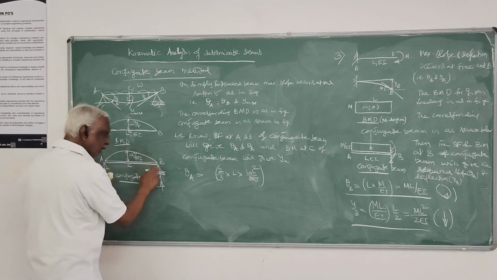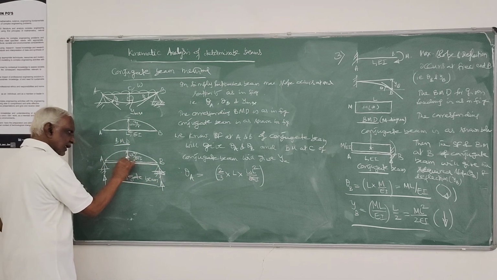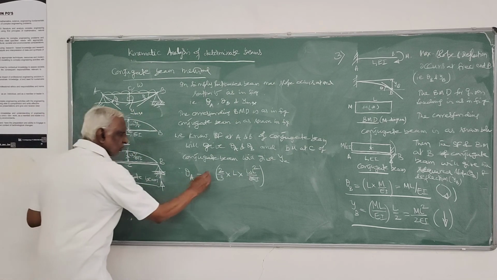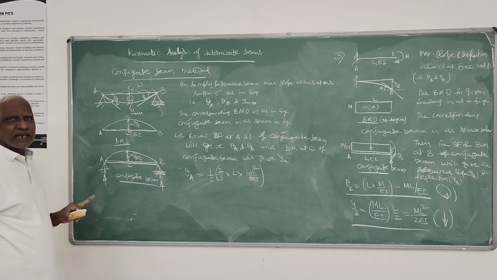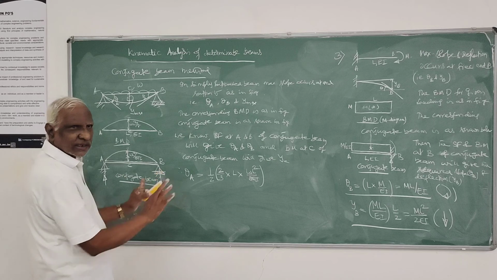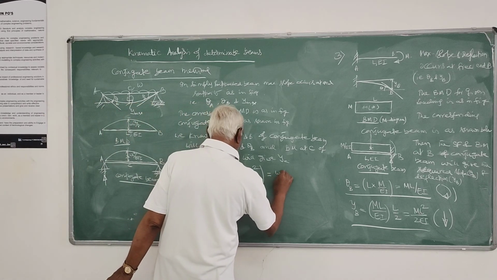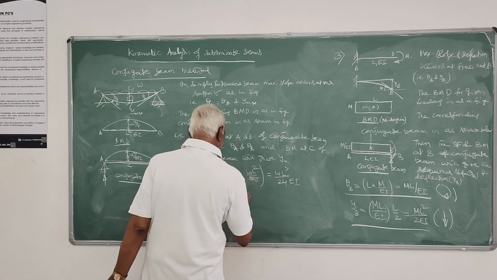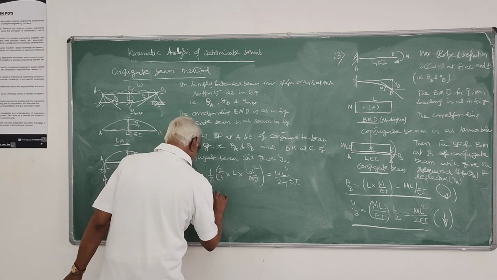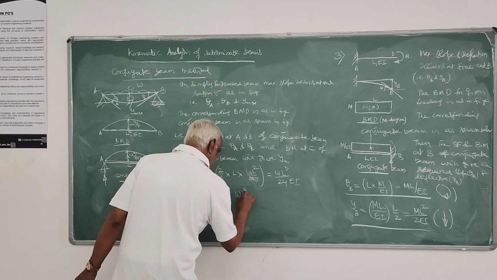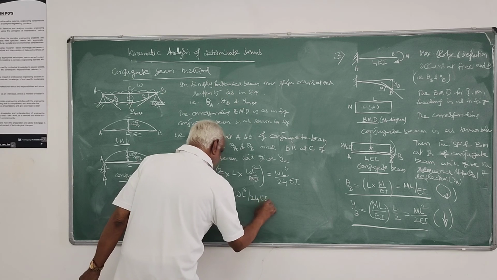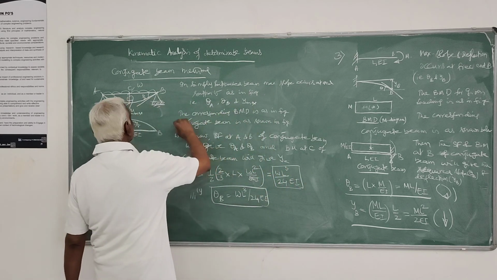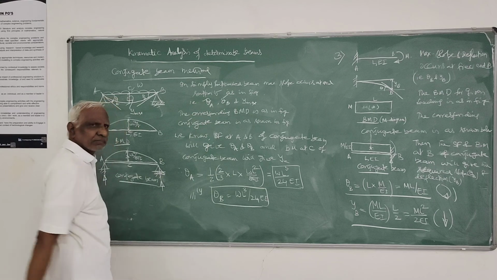That is the total load. That will be acting here at the center, and half of this area will be the reaction. So half of this will be the reaction. Is it clear? Yes, sir. That's a straight line, I can write it. So this is nothing but WL cubed by 24 EI. That is your theta A. Similarly, theta B is also WL cubed by 24 EI. So I have evaluated theta A and theta B.